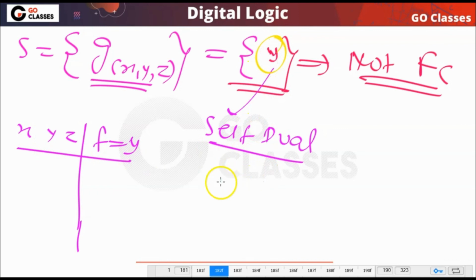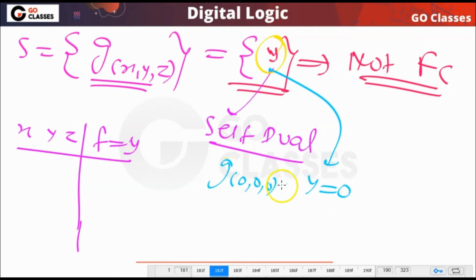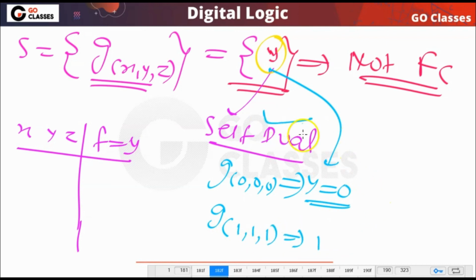Also you can notice that if you replace every variable with 0, then this will be 0, correct? Similarly, if you replace every variable with 1, then this will be 1. So you can use guideline number 4, guideline number 2, or guideline number 3.